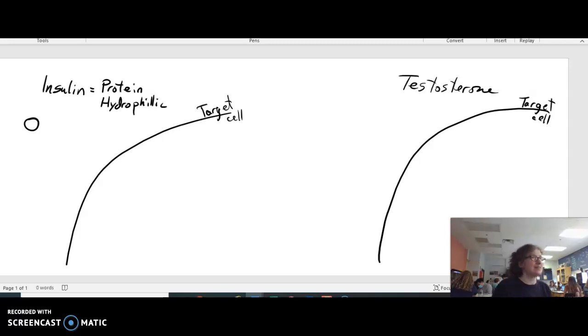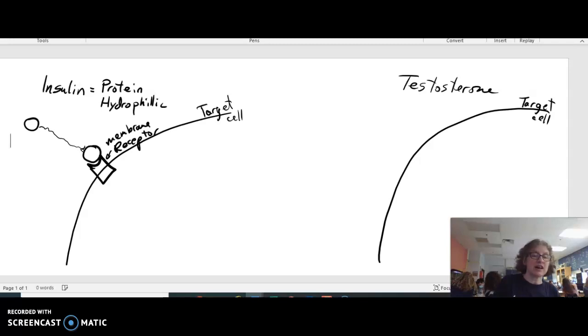So target cells for insulin, which are very, very plentiful in the body, there aren't very many cells that don't need insulin to tell them to let glucose in, have membrane-bound receptors. We're going to just draw a membrane-bound receptor with sort of a site that would accept the shape of insulin. And we're going to say this is a membrane receptor that's just for insulin. So if insulin is in the bloodstream, it's going to attach, and that represents the reception step,